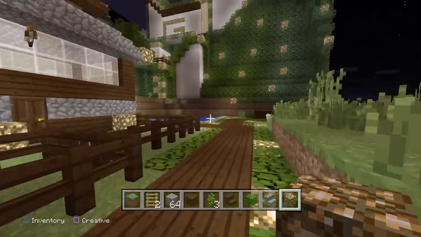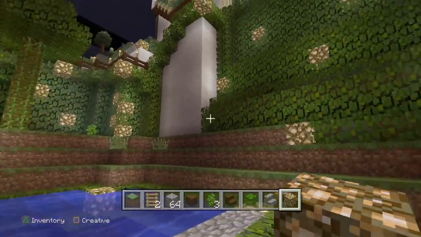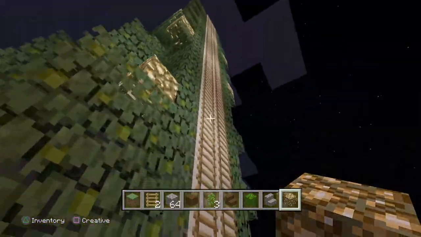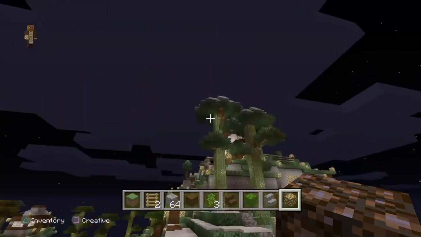So yep, taking these back paths around this area right here, as you can see, kind of just made this wall look a little foresty. That looked pretty cool. More oak going up here. I'm not actually sure. I think that might be white wool. I made that a while ago,